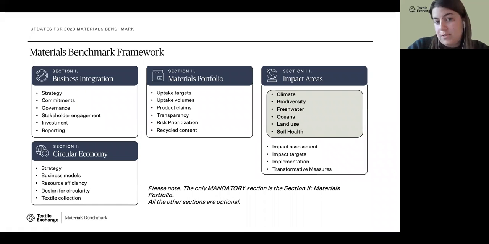Another part of section 1 is circular economy, and that's really a key part of the survey, because every company is looking at how to implement a more circular approach, going away from a linear economy and implementing more circular projects. So this section is really going into detail. What are these projects? What are these activities?